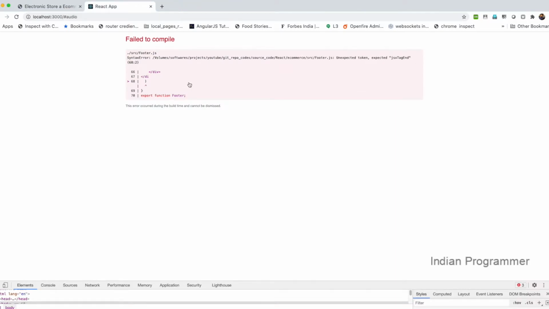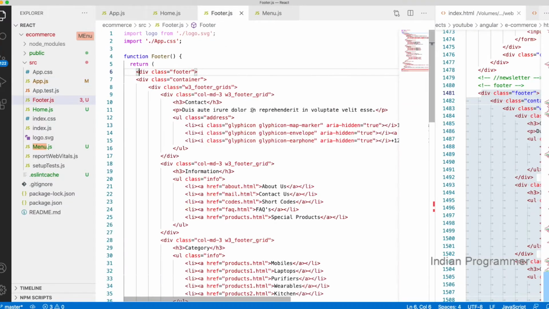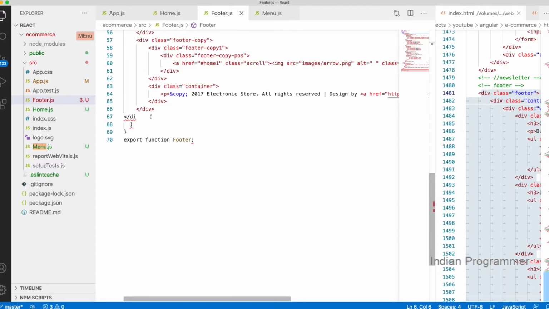Some problem. Where is the problem? In the footer.js, it's showing some error. I think some tags are not closing properly. Okay.